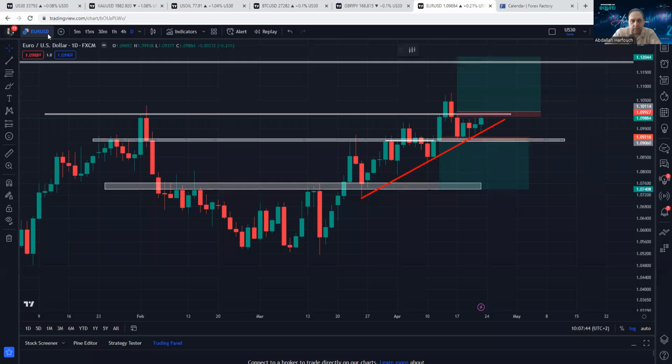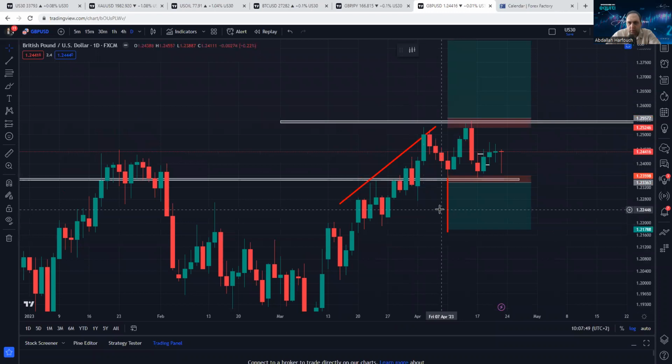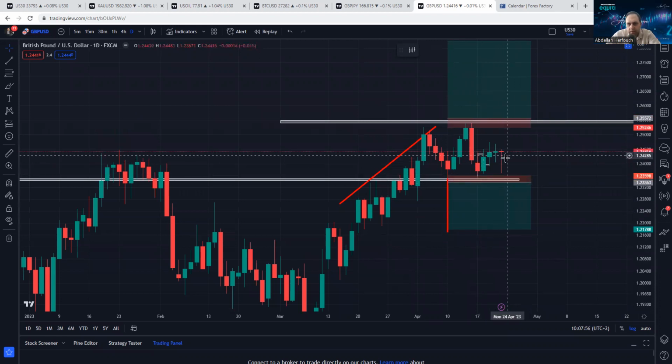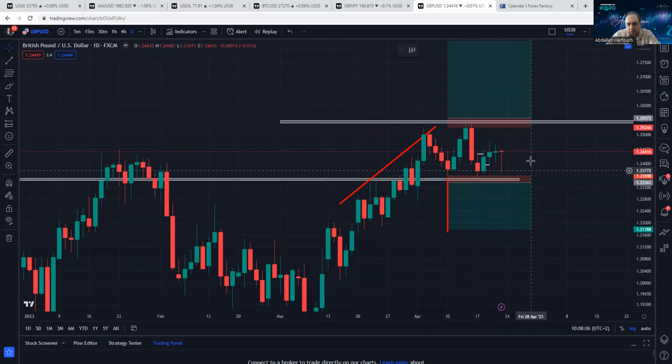GBP USD. Also on the daily chart, we are still here. We are expecting the GBP to continue down like yesterday. After it went up, it started to push down, reached almost 23.64, and the pattern showed it was going to push down, but at the end it pushed back up. We are back in the uncertainty for the GBP. We will keep holding the same sell, the same buy, and we will see what will happen.